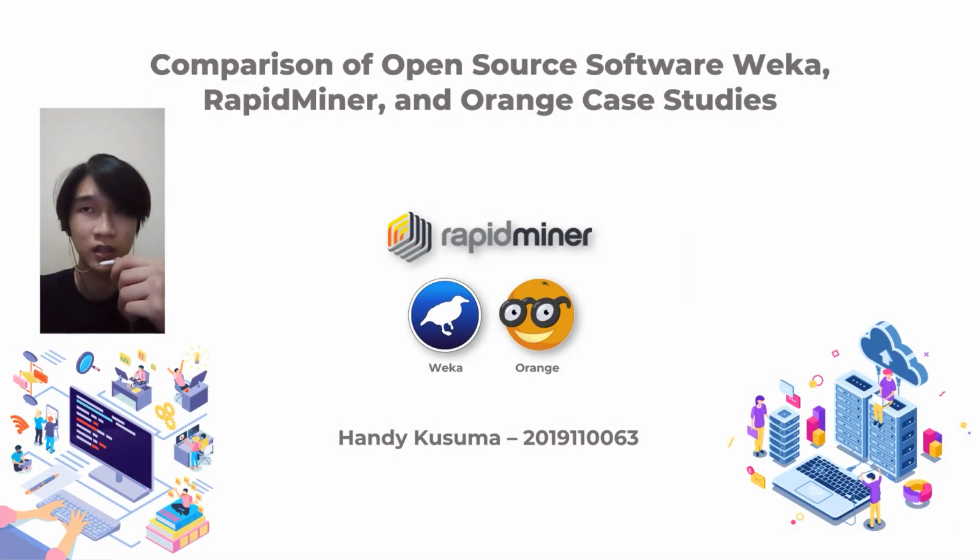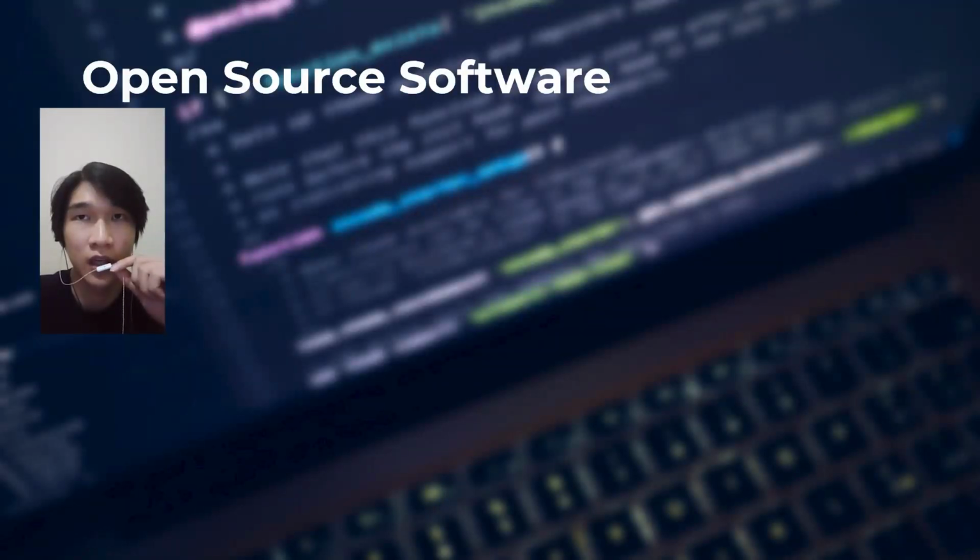In this video, I'll explain the comparison of open source software, Weka, RapidMiner, and Orange case studies. Various open source software are here to assist in terms of data mining. Open source software is software that can be distributed freely with the aim of providing added value to users or companies, such as easy access to use and the freedom to run and